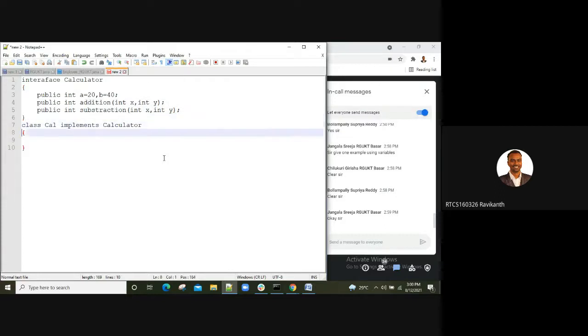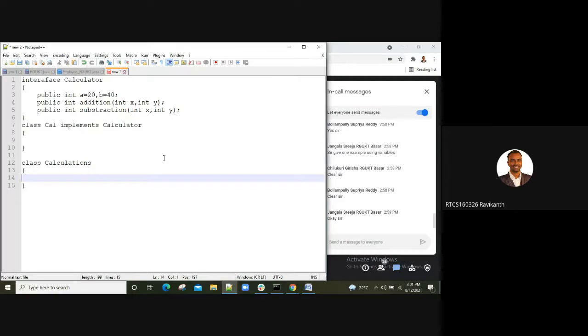You have to write public int addition and public int subtraction, and return those values back to those methods. Now what I'm asking you is to write the calculations main class. Then you'll write public static void main, then create an instance, then call those methods.